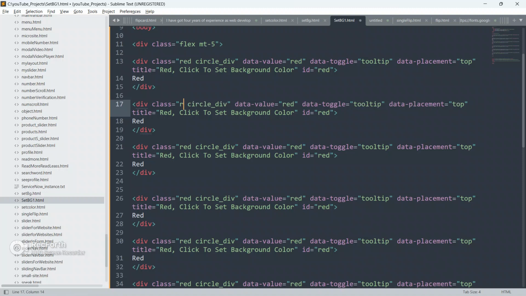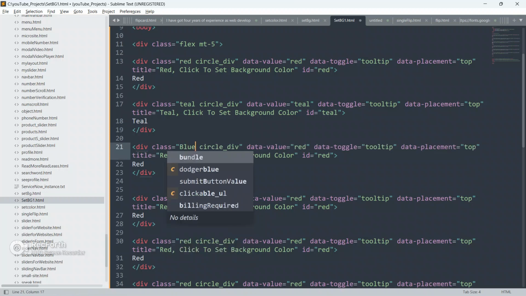Now red, make it teal, give data value also teal, give ID as teal, give this also teal, change this also to teal.